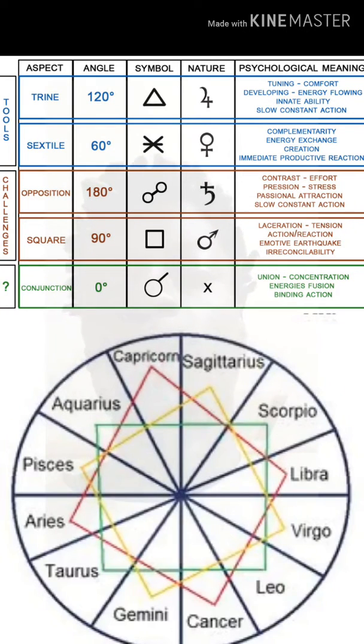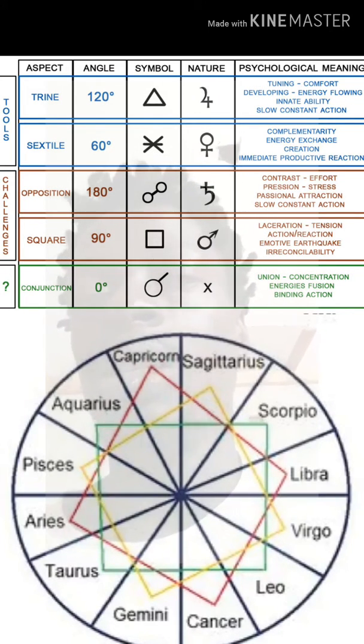I just felt like making a video on transits. That's in astrology. Basically, there are 5 to 6 different regular transits. Now you got other ones that are harder to even explain right now, but we're talking about the basic trine, sextile, square,